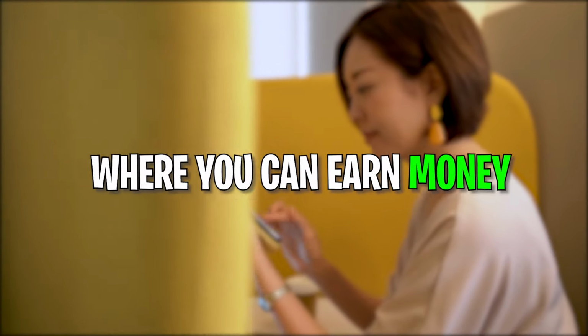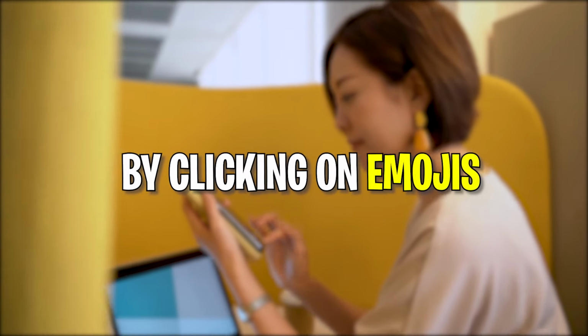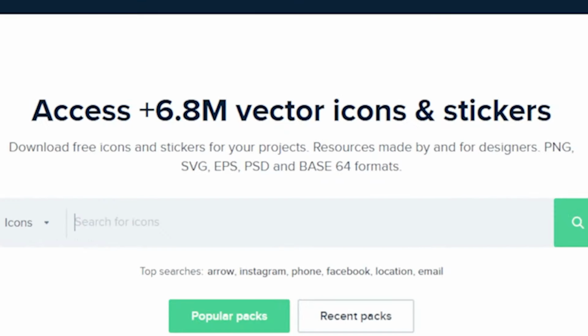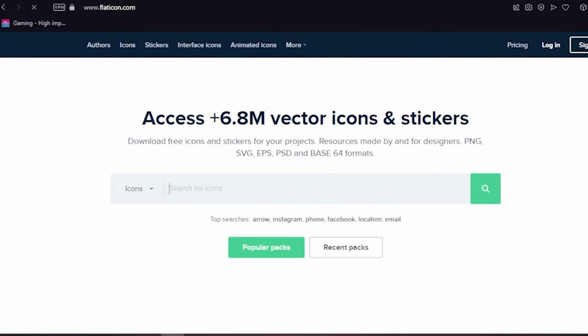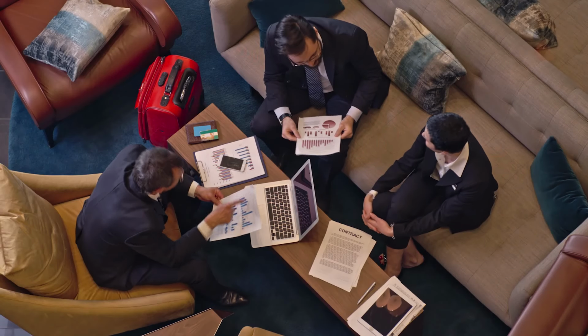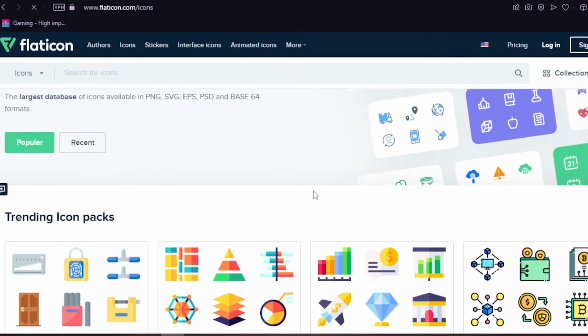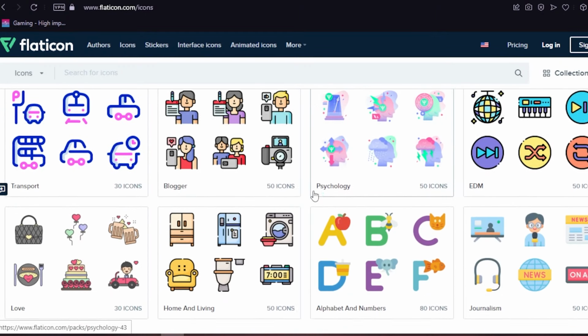First things first, what I would like you to do is go to the flaticon.com website where you can earn money by clicking on emojis. On their homepage, they have over 3 million vector icons, including a large number of emojis, all of which are free to download. You can see all of the icons as well as all of the pictures that you can